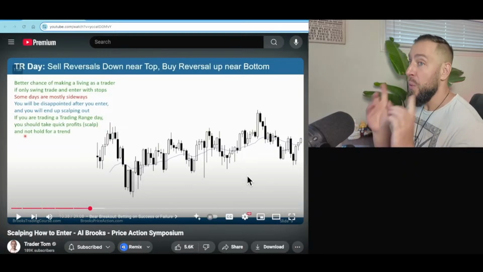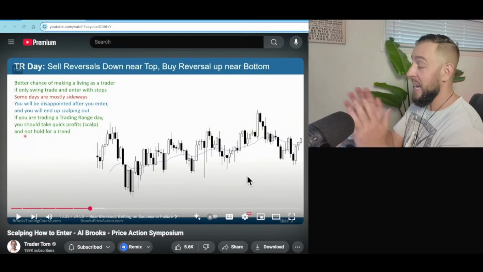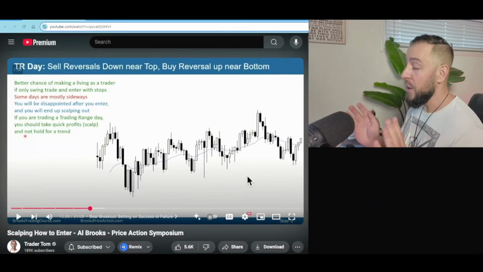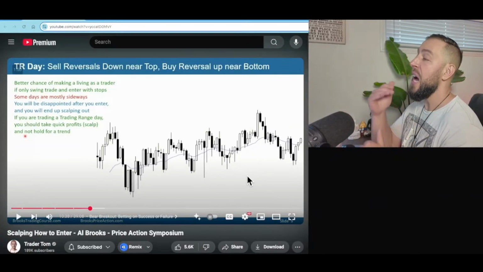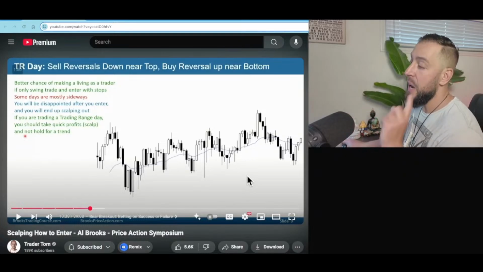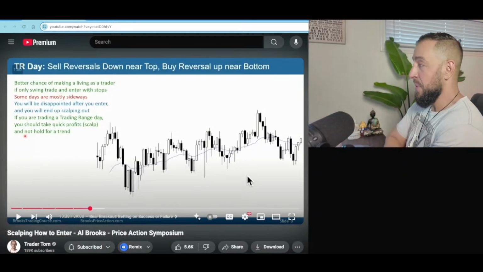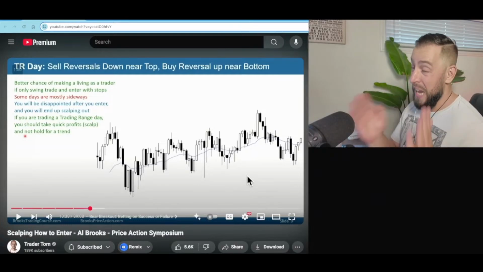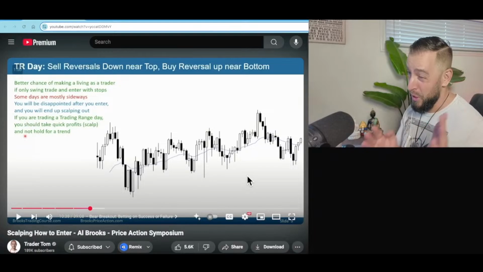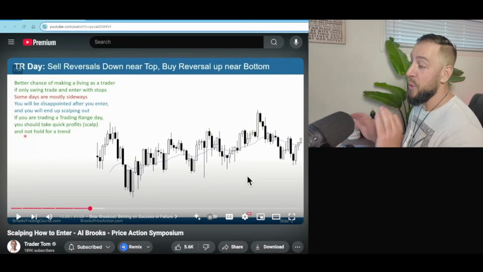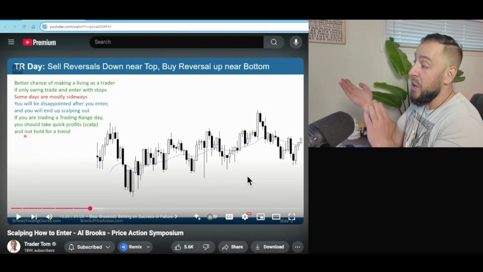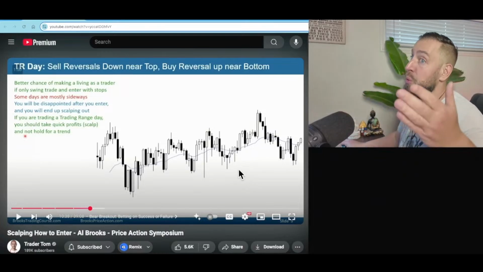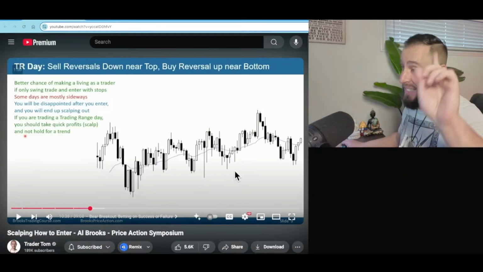Okay. So one, you can just sit and wait and just avoid trading ranges and only trade with the trend, or you can actually start to learn how to trade trading ranges. Now, Al does not recommend that, but I think it's worth understanding this scalping trap, because as long as you can avoid the scalping trap, then you can work towards getting good at trading reversals and trading in a trading range, which would be appropriate for scalping.